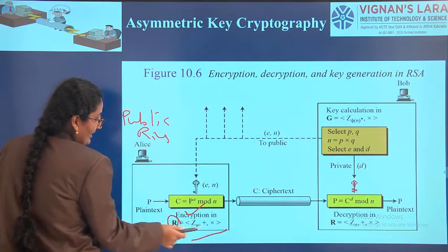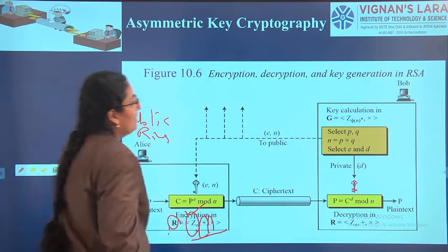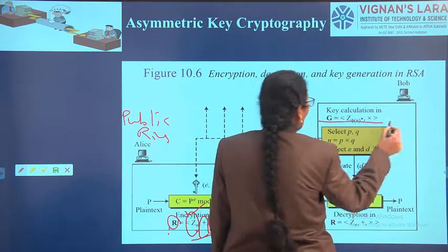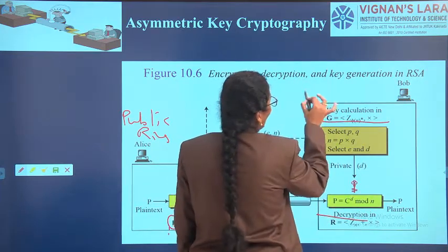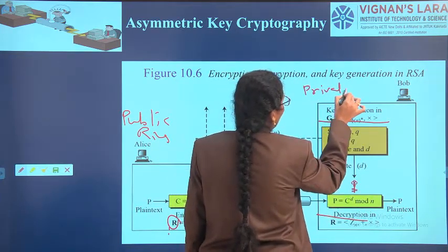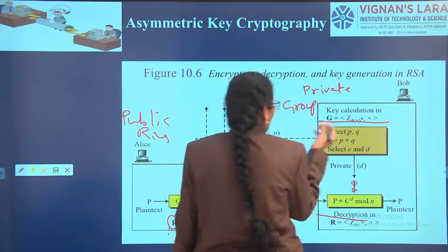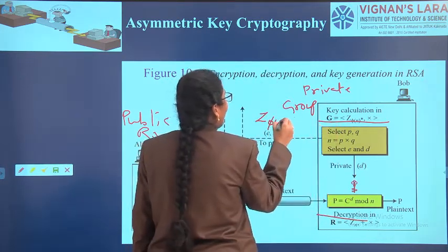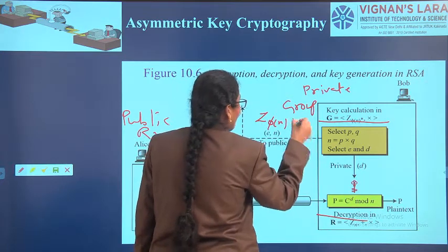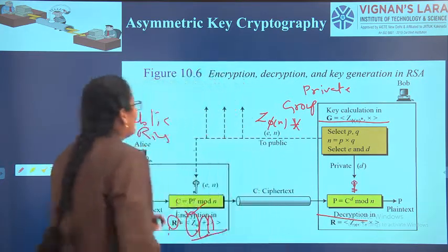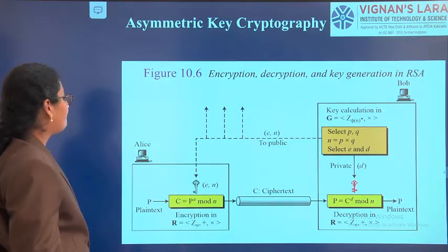Notation is same. Integers, addition, multiplication. Since I am using the group for decryption, I am calling it as private group. And it can also have some pi of n integers. It can also perform multiplication. So this is the concept you need to understand.